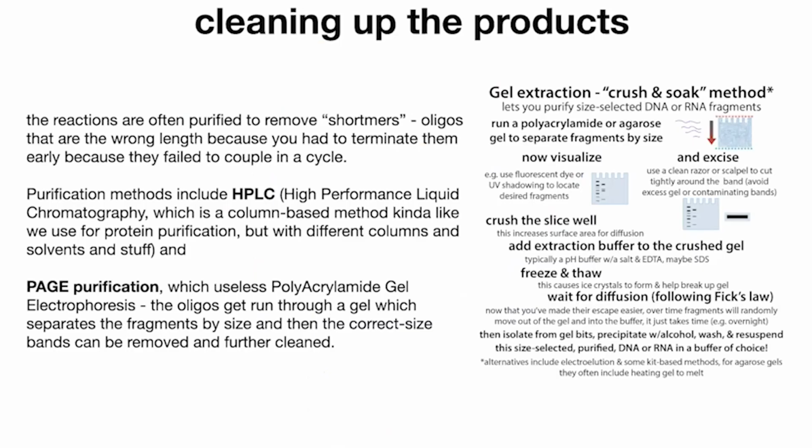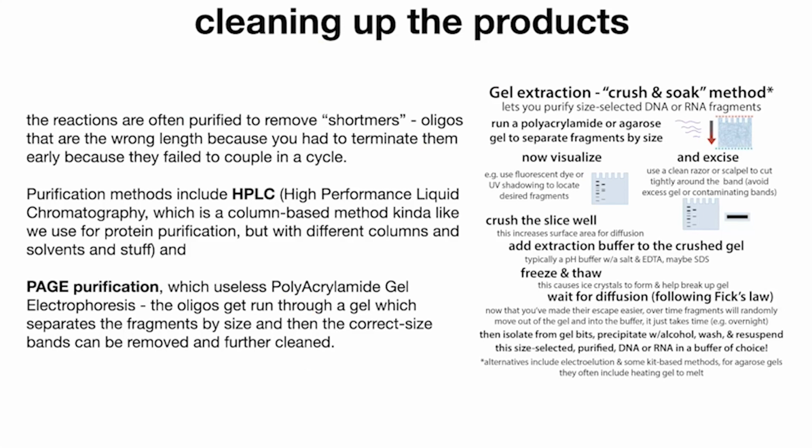oligonucleotide sequence. Now you're often going to want to clean up the products, because there are a lot of things that could go wrong, remember? At those steps, we were removing the bad groups. We were doing that capping and things. So we're going to end up with a bunch of short mers. These are pieces that are the wrong length because you terminated them early, because they failed to couple in a cycle. And so there are various methods that can be used to purify the pieces you do want, such as